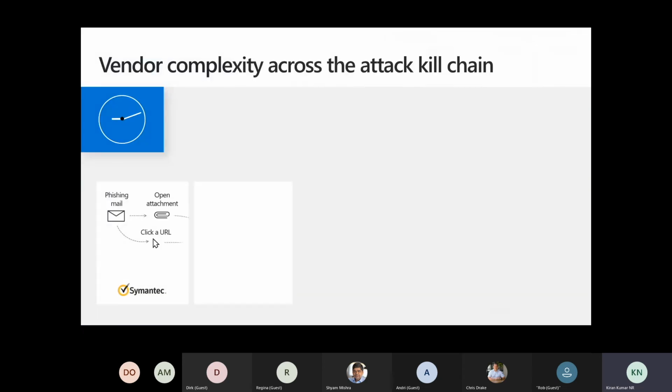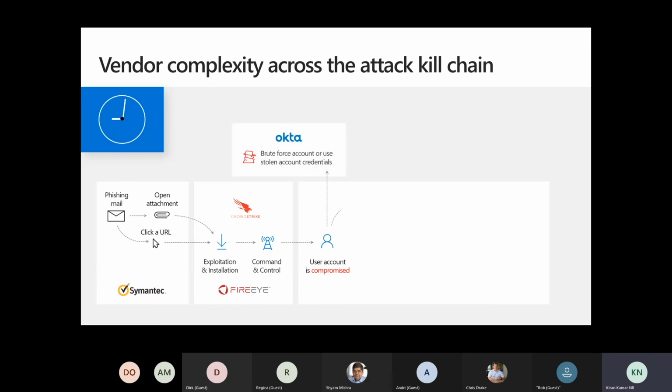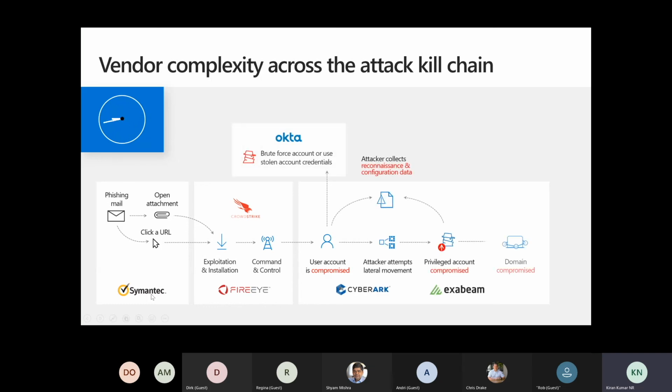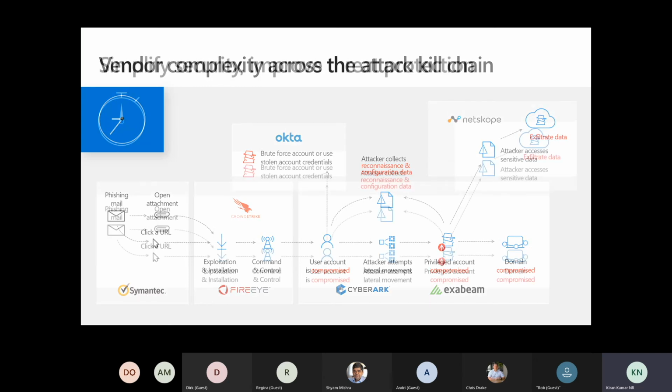Now, this slide talks about how complex the vendor landscape is. When you have multiple vendors for your environment, like Symantec email gateway for email, either CrowdStrike or FireEye for your endpoint, Okta for identities, CyberArk for your network, and Netskope for your cloud, these are different vendors. They don't talk to each other. They don't exchange information with each other, right? So we simplify this with our